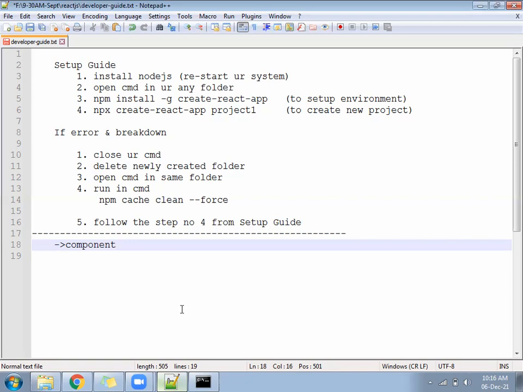So what we can write here as the definition, in a single line, basic and easy to understand: all the files in React with the .js extension are called components.